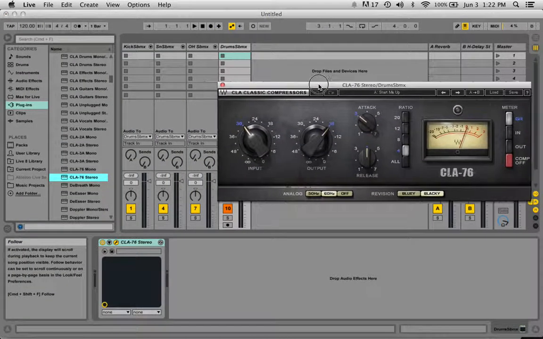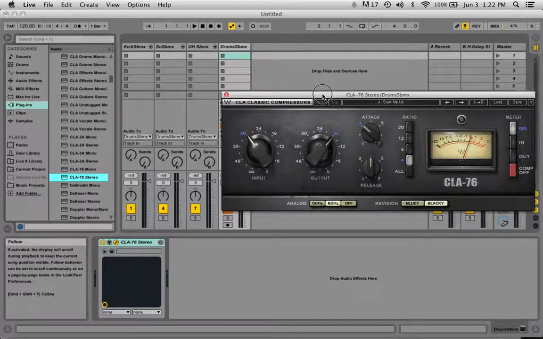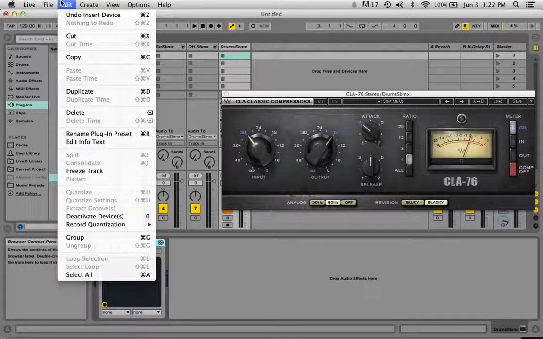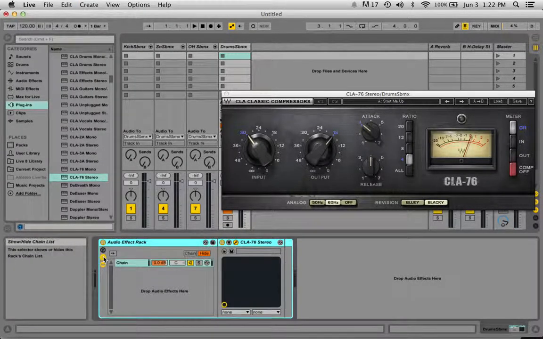And the easiest way to set up parallel compression in line is to simply highlight the plugin instance, and again we want to use the group command. This will automatically place the plugin within an audio effect rack on its own individual chain. Now each chain in Ableton nomenclature is one or more effects, or none at all, but it's a different path